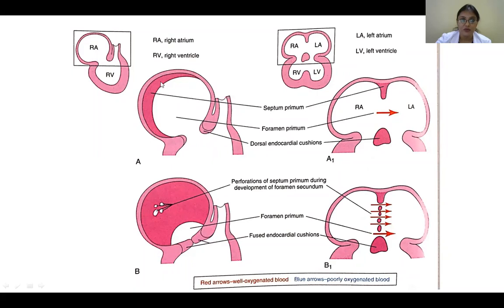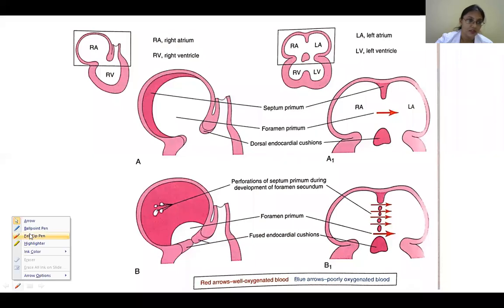You can see from the roof of the primitive atrium, a septum is coming down towards this atrioventricular canal. That's a point beyond which is a ventricle. At the same time, you can see there are projections into the canal region, because there should be a bridge formed where it can catch. When a septum has to form, there should be something here so that it can come and meet this.